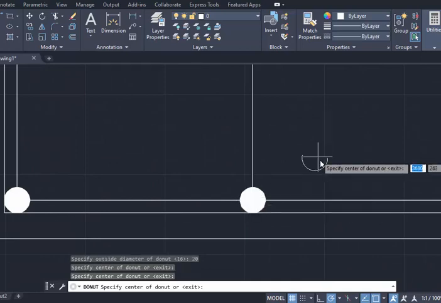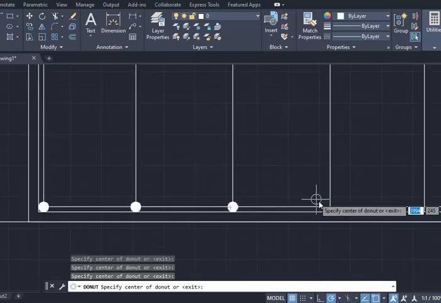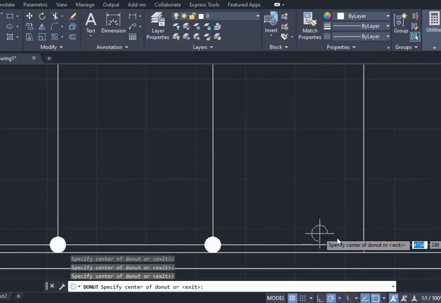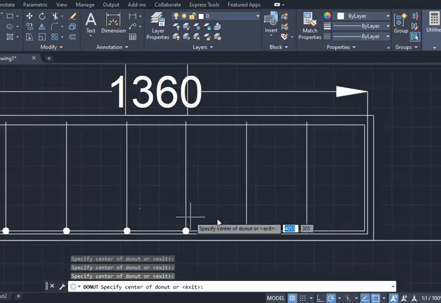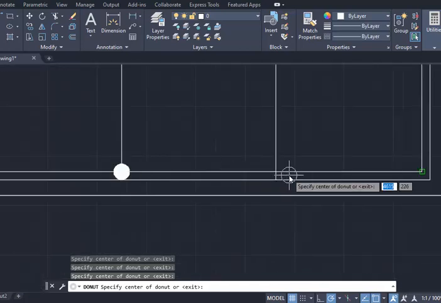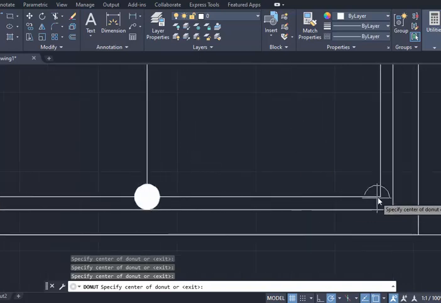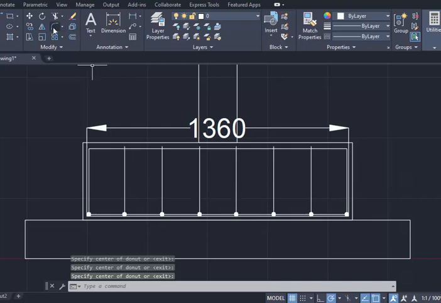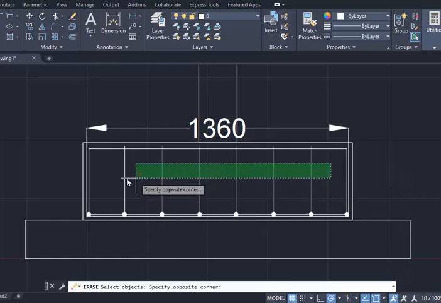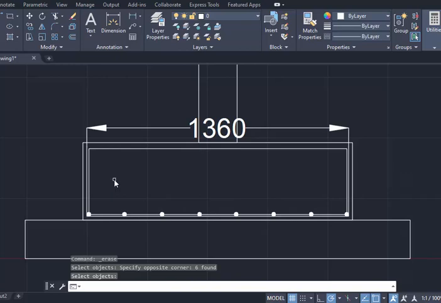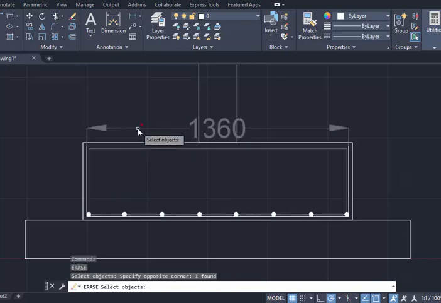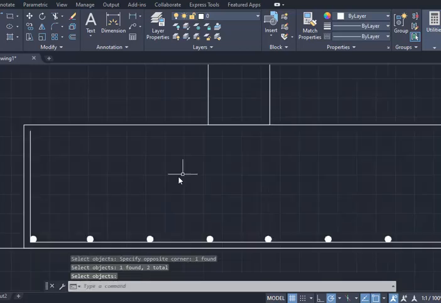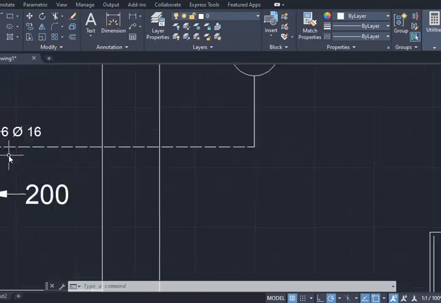here, here, here, here, here, here, here, and over here. Okay, now I can delete my extra lines. So delete. I don't need this one, and I don't need this one, and no need this one. Enter. So this is the cross section of the steel, and then you can put the same like this one,